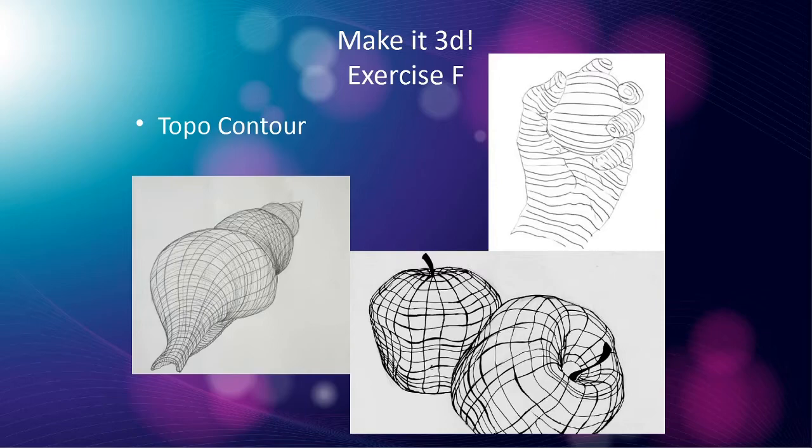This is a topographical contour lines in one direction only. And then these two images have topographical contour lines going in two directions. And so that's more like a polygon of a 3D object, right? But it's kind of loosey-goosey and you're drawing this round shape. The shell is pretty easy with these very circular lines and stuff, and then these arcs to show the length of it going back in space.